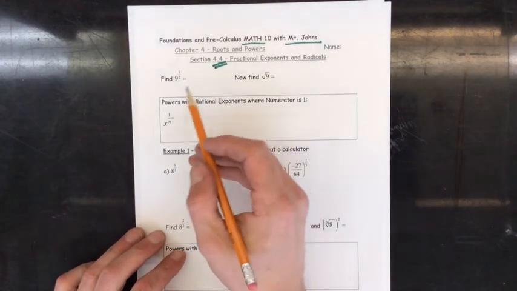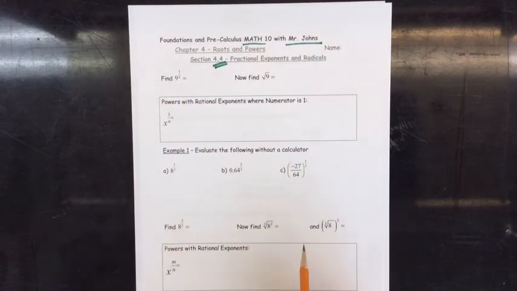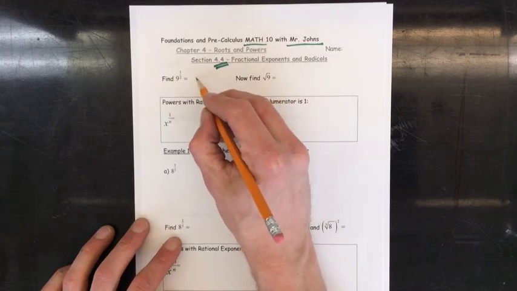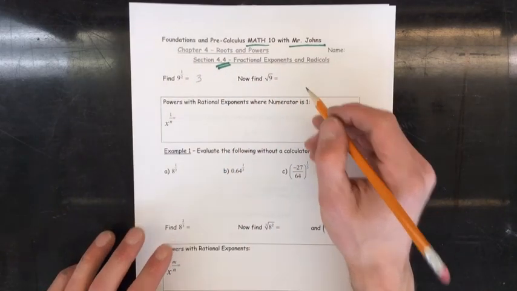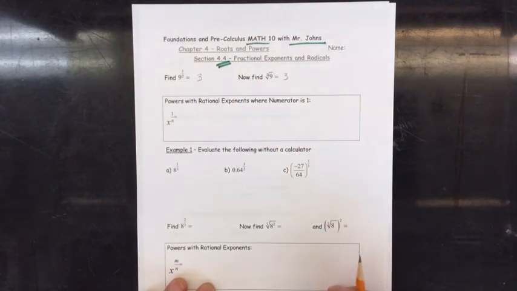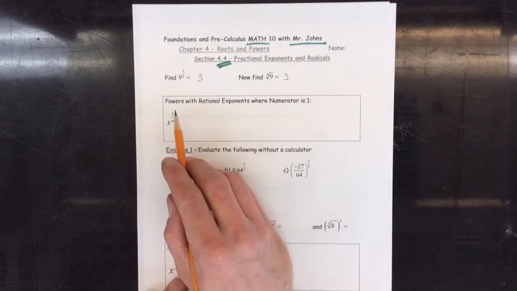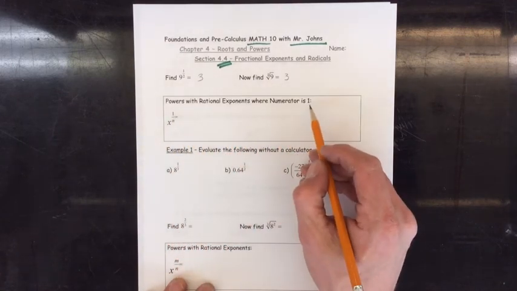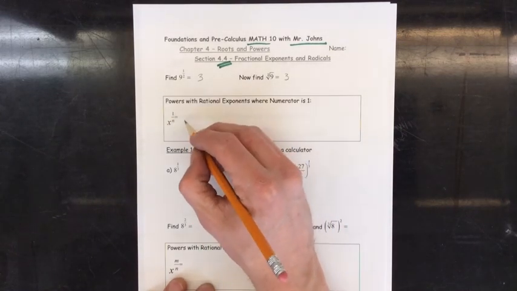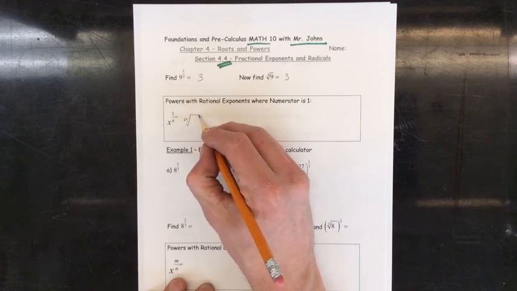Basically, what I'd like you to try to do is figure out what 9 to the power of 1/2 is on your calculator. Now, when I use my calculator, and I do 9 to the power of 1/2, it gives me 3. Well, if I find the square root of 9, imagine there's a little 2 there, it also gives me 3. And this is actually our powers with rational exponents where the numerator is 1 rule. So if I have x to the power of 1 over n, that is like the nth root of x,